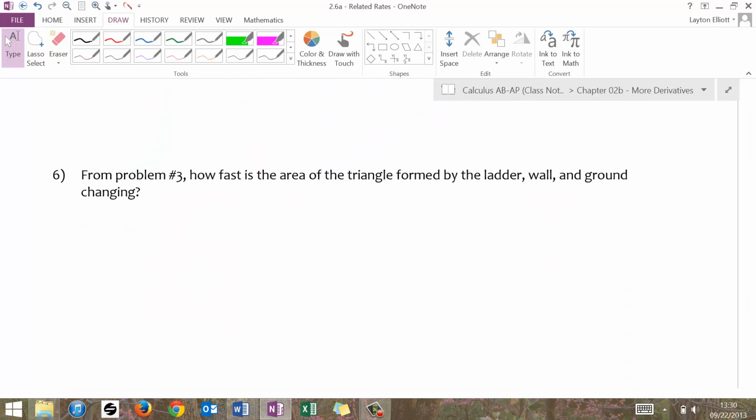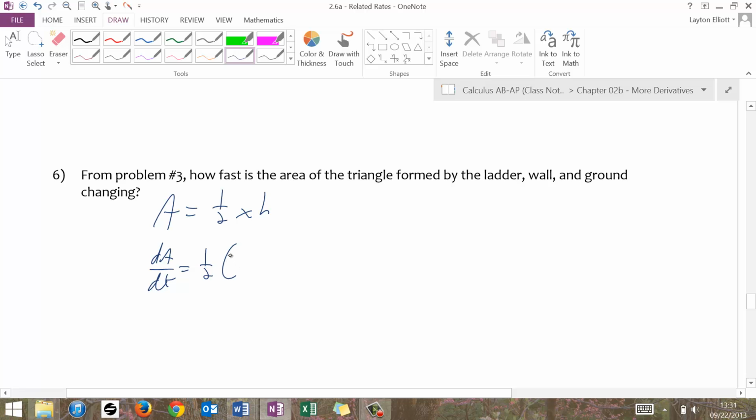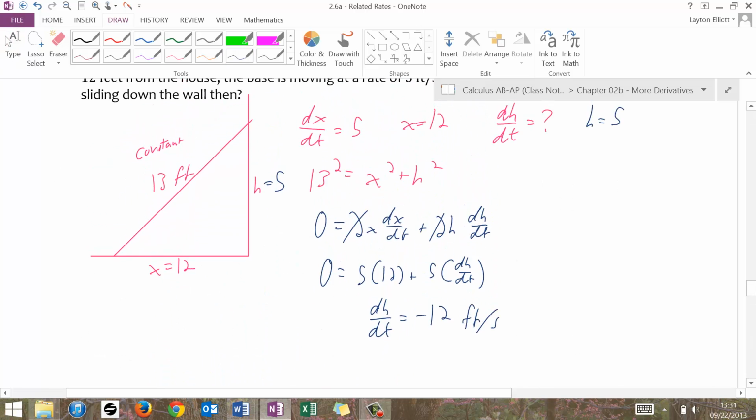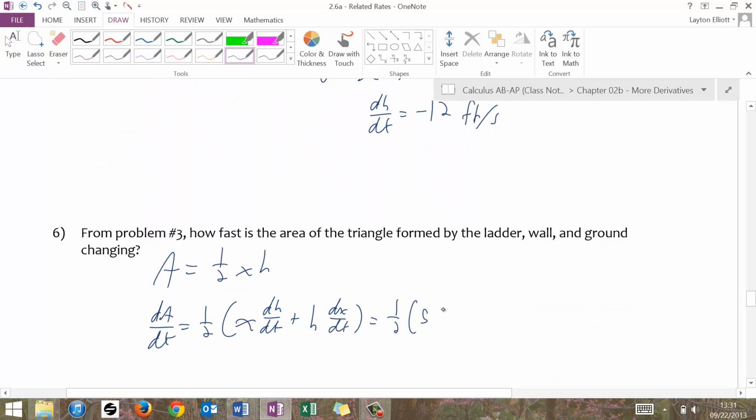Then it wants to know how fast the area of the triangle formed by the ladder, wall, and ground is changing. Well, area is equal to 1/2 base times height. So dA/dt is equal to 1/2 times, and I'm going to do product rule, that'd be x dh/dt plus h dx/dt, which is equal to 1/2. See, x was 12, and then h was 12